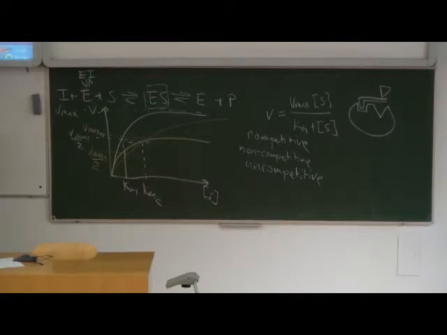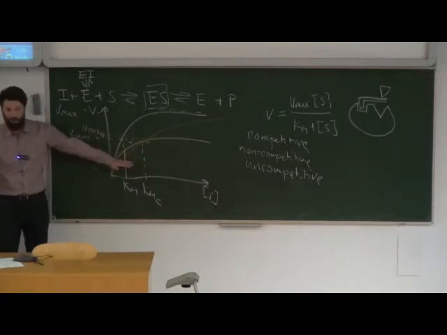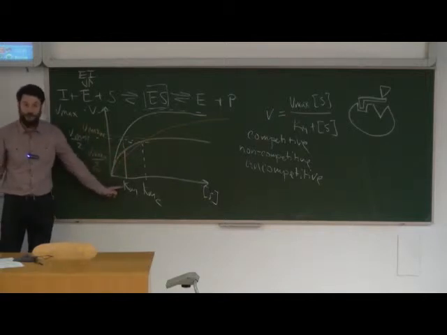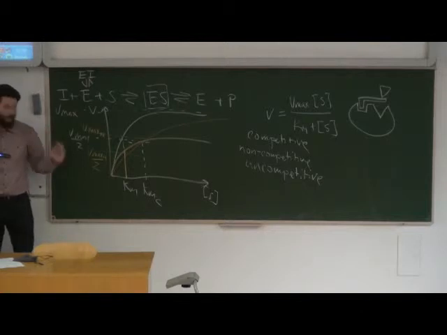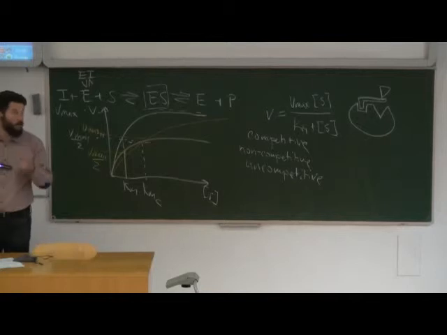Does it make sense? So Vmax is going to go down. Therefore, Vmax over 2 is going to go down, obviously, because that's how it's defined. And then if we take the substrate concentration at which our new Vmax over 2 is reached, we get the same Km as for the native enzyme. So that's for the non-competitive inhibition.